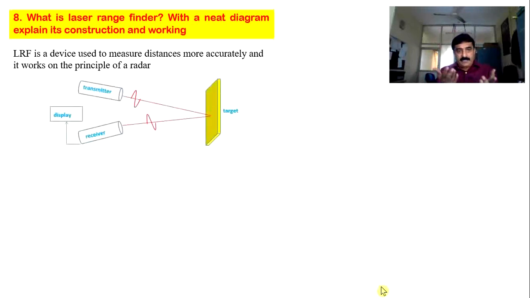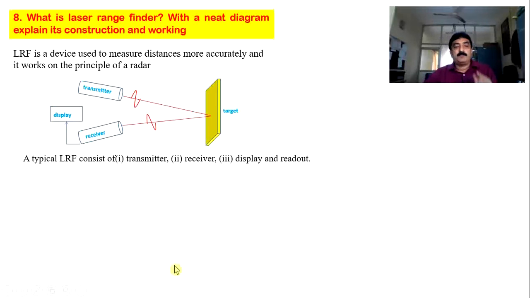How it works? I told you, there must be a source of light, that is essentially laser source, and there must be a receiver and there must be a display board. So light goes towards the target. Target can be wall, target can be enemy's ship, target can be enemy's tanker, target can be other end of the bridge. Civil engineers measure the length of the bridge, height of the bridge, width of the bridge, all those things. Whatever the object you want to measure, the distance between you and the object, that object becomes a target. So this is the target. After reflection it arrives here and finally it will go to the display board. Well, the process goes like this.